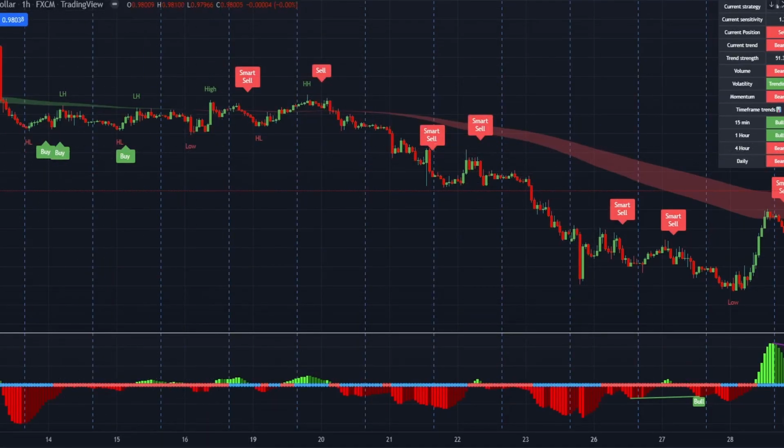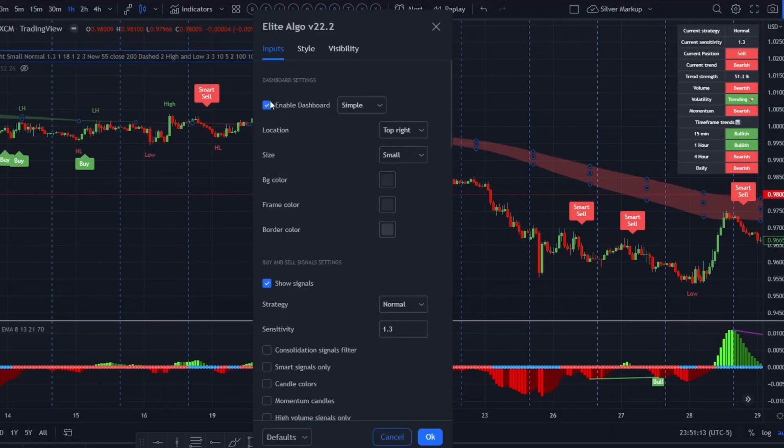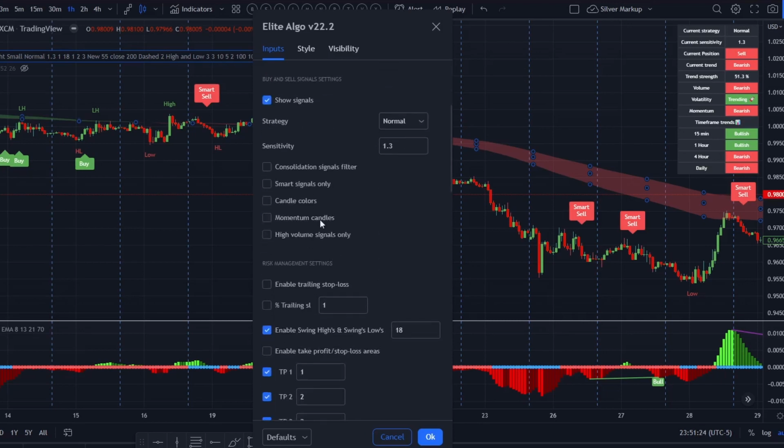The way that I set up my Elite Algo in general is I like to enable a dashboard. That's usually not a default setting. I love it because it can show me how strong the trend is, and I can trade based off of that. The other thing is I usually like to have my sensitivity somewhere between 1.2 to